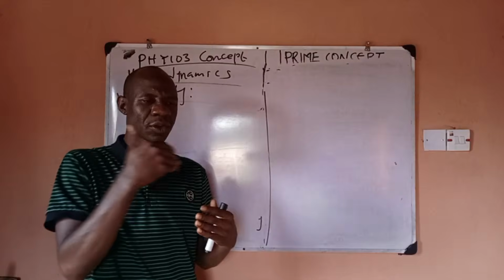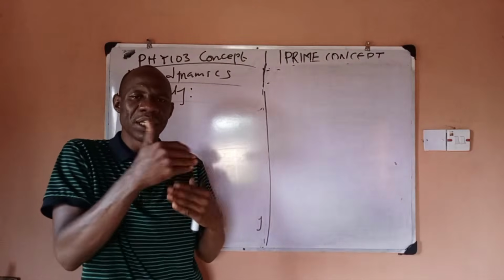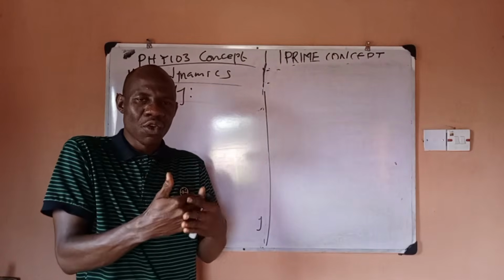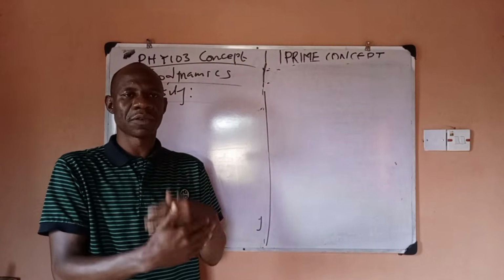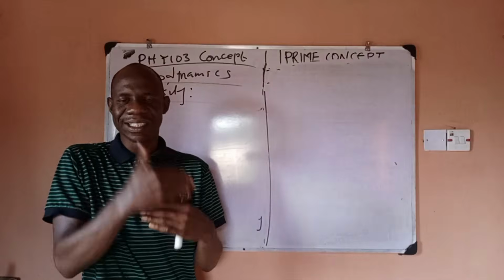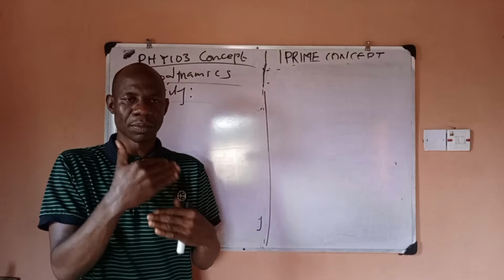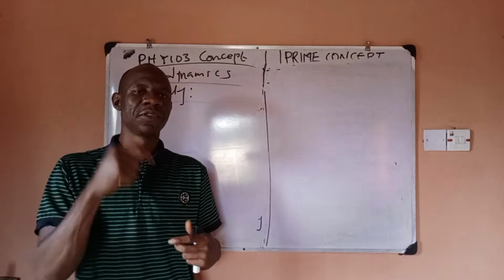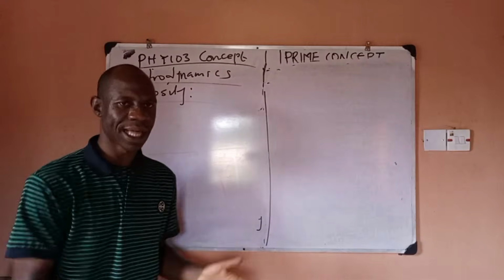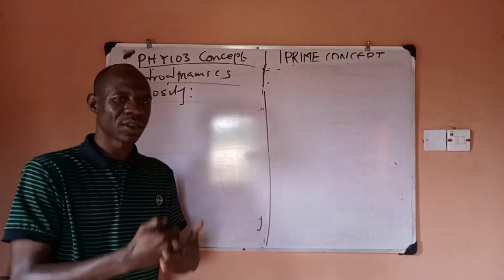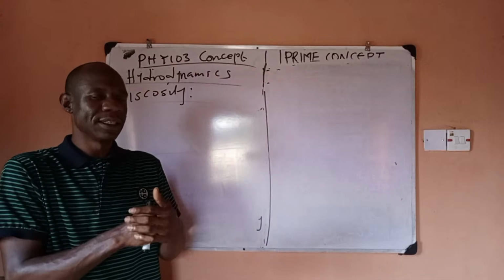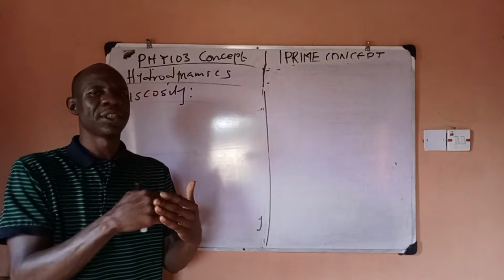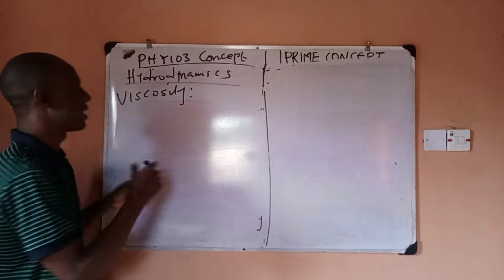Because one surface of that engine oil is rubbing on another surface. So they are colliding. There is a resistance as each of the surfaces is colliding. That resistance that is obtained is what you call viscosity. But if you pour water, water would easily flow because the collision between the surfaces of the liquid is lower in water. So viscosity is internal friction